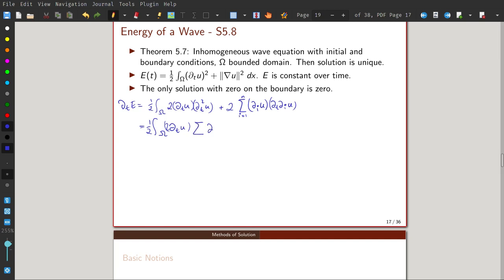And the Laplacian is, of course, all its second derivatives. All right, so we have to be careful here not to confuse squares and second derivatives. Okay, plus